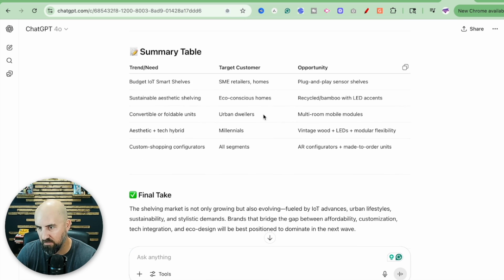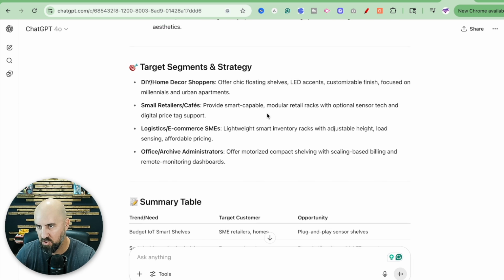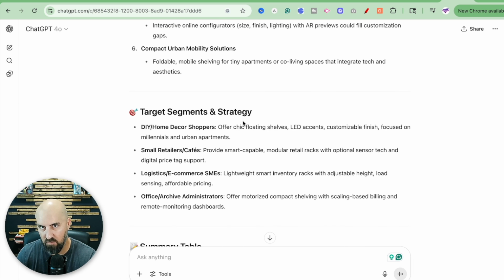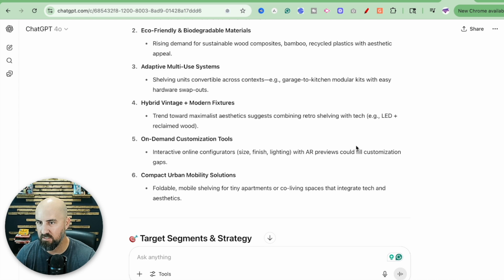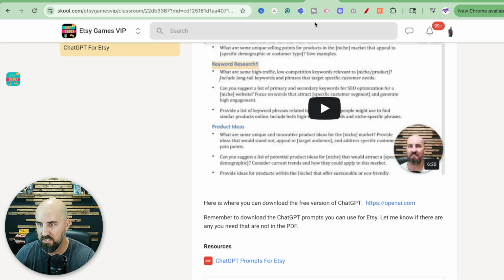So this is a really broad overview, but there are still some good ideas in here of things you may want to capitalize on based on what's trending, what's popular right now, and what you can release to your target market that makes sense. So that's number 3. Now the fourth way, the next level way to do this, is